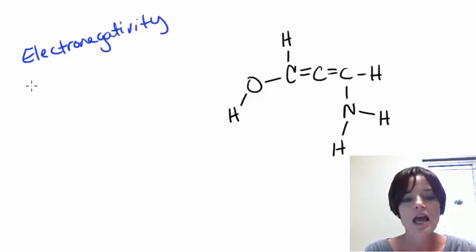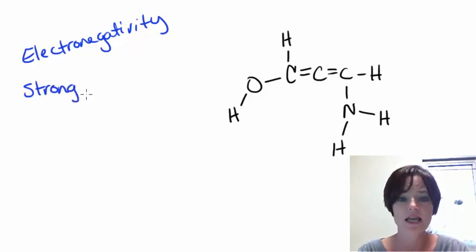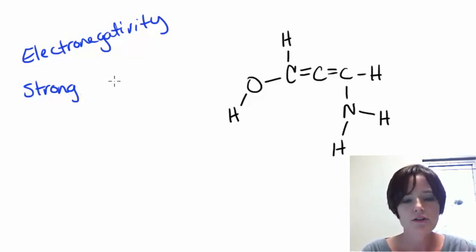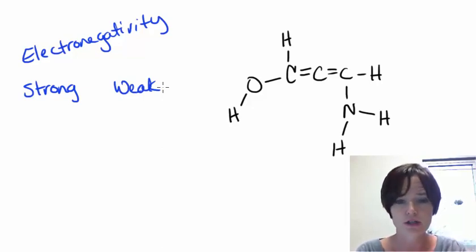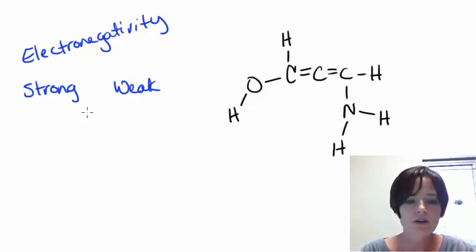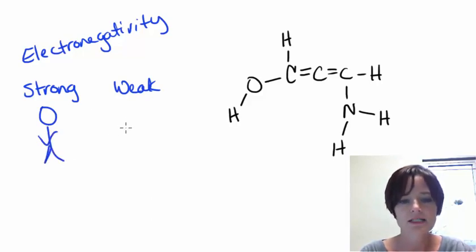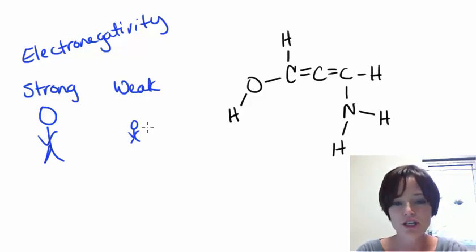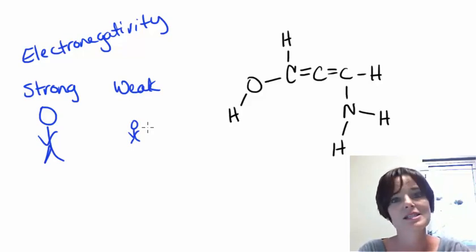surround it. And we have atoms that are very strong. And so that means that they pull very strongly on any electrons that they happen to be sharing. And then we have others that are very weak, meaning that they don't pull very hard on those electrons. So you can think of the strong ones as the really muscular, big guys, and the weak ones as the ones, they're just not very strong at all. So we think of them as just being kind of small, and they would lose if they were involved in